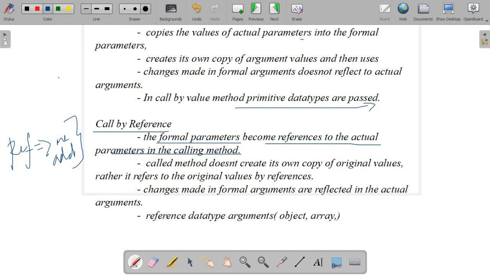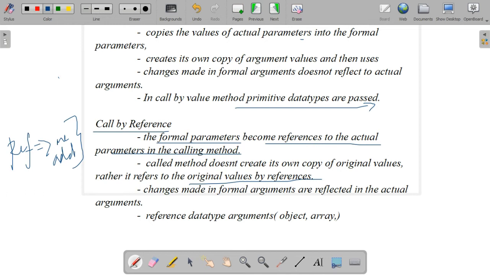The value is not passed, and it's not copied either. It becomes the memory address of the actual parameters in the calling method. That's why the called method doesn't create its own copy of the original values. Rather, it refers to the original values by the reference.